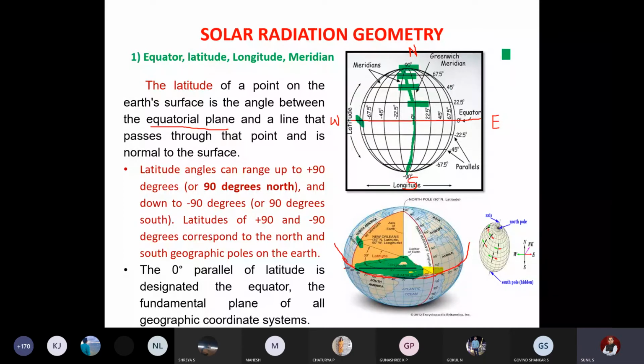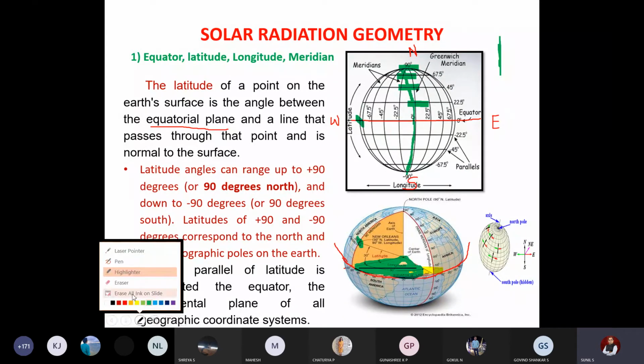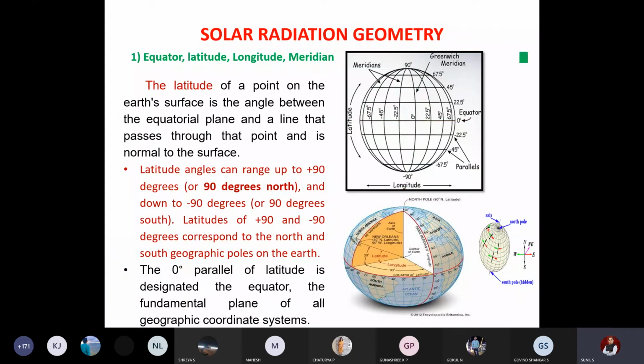Just take down this sketch. This sketch is very much important. These two I have put for your understanding. For the point of exam, you can just draw a rough globe and show this is the equatorial plane. With respect to the equator, you can define the latitude of any location. I'll give you 2 minutes. Please go through it, and any doubts you can ask me. Otherwise, take down the sketch and the explanation. There are some 12, 13 definitions. If you understand the concept, you can score the marks here.